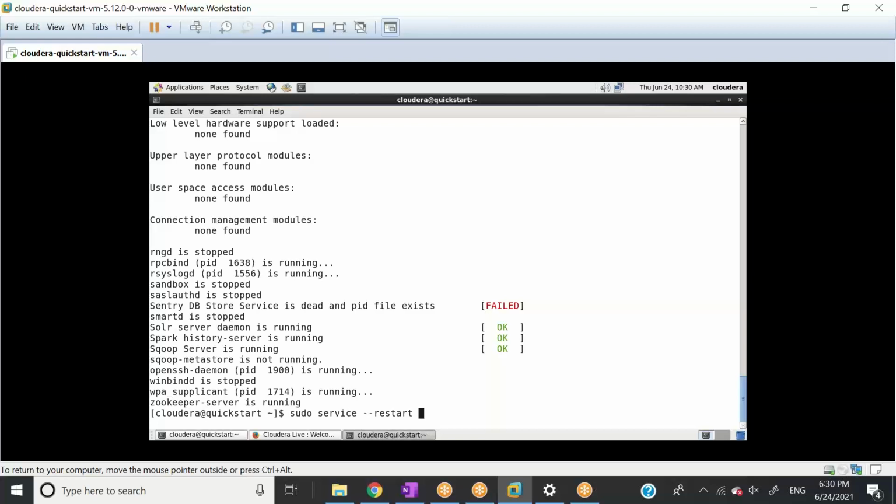What's the name of the server? Give me a second. Yeah, sudo service. We need to run HBase master first, right? hbase hyphen master, and then we need to say restart.